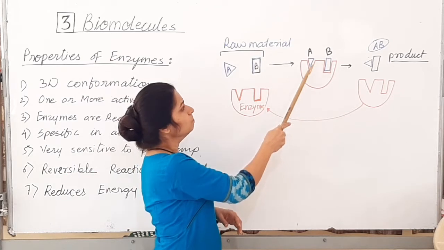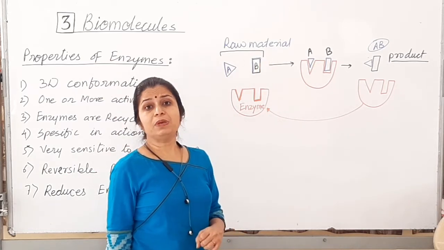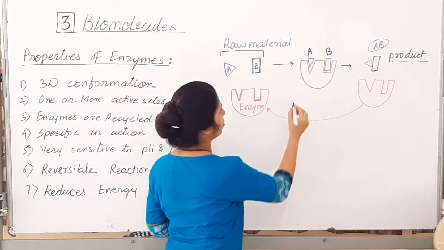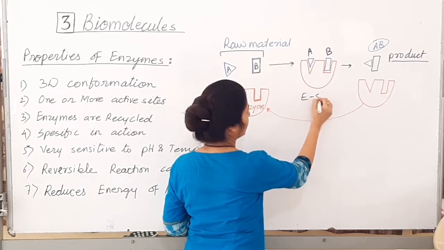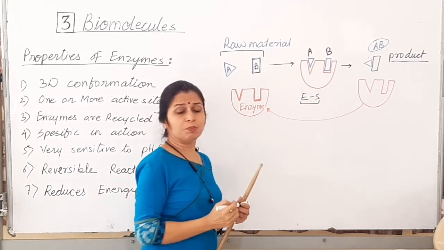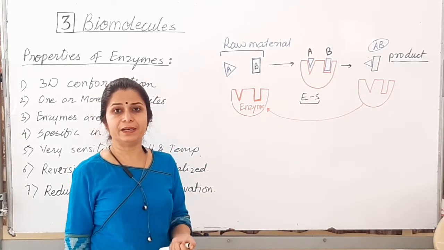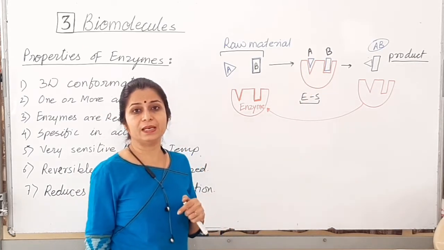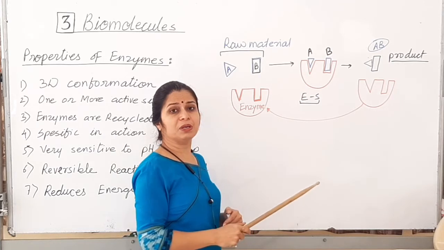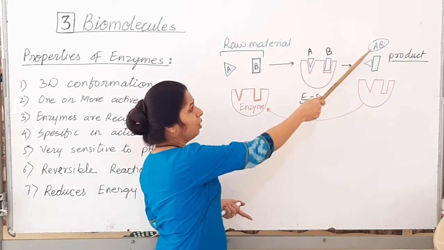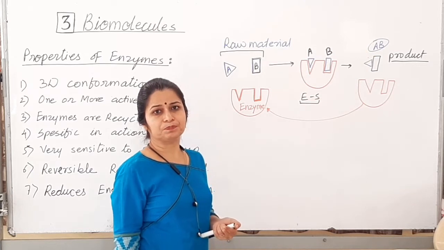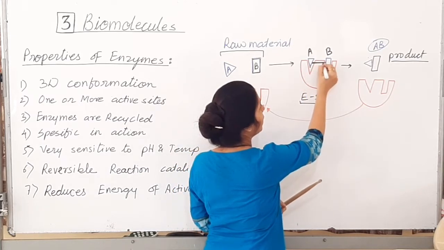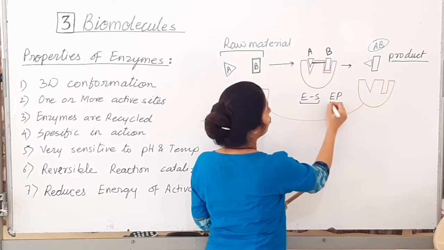So it will recognize, and now the enzyme is with the raw material. So we will call this the enzyme substrate complex. Because of this complex, now the raw material is activated, and the activation energy required for A and B in presence of enzyme is very less. So this activated A and B chemical now start reacting with each other and produce an end product, that is AB. Now see here, the chemical reaction has happened, a bond has formed between them, so now we will get the enzyme product complex.